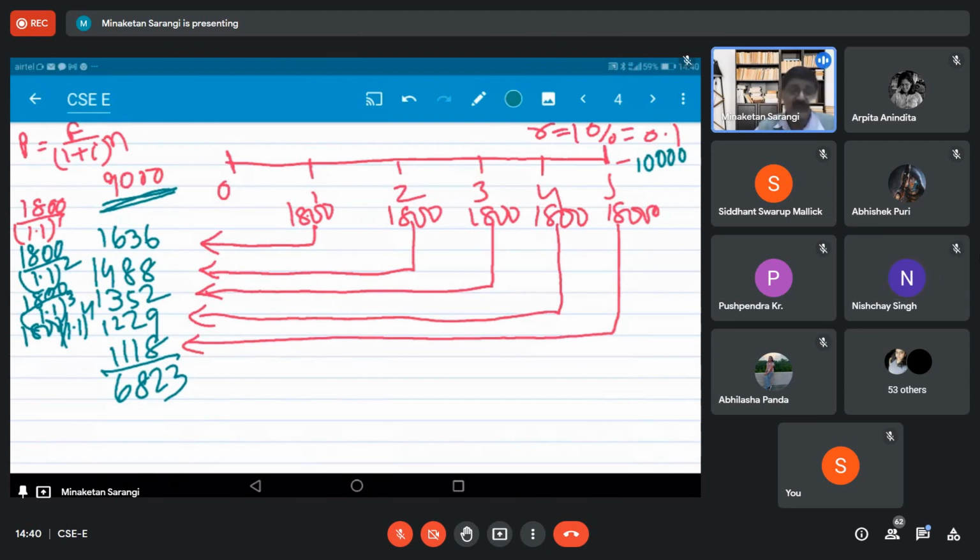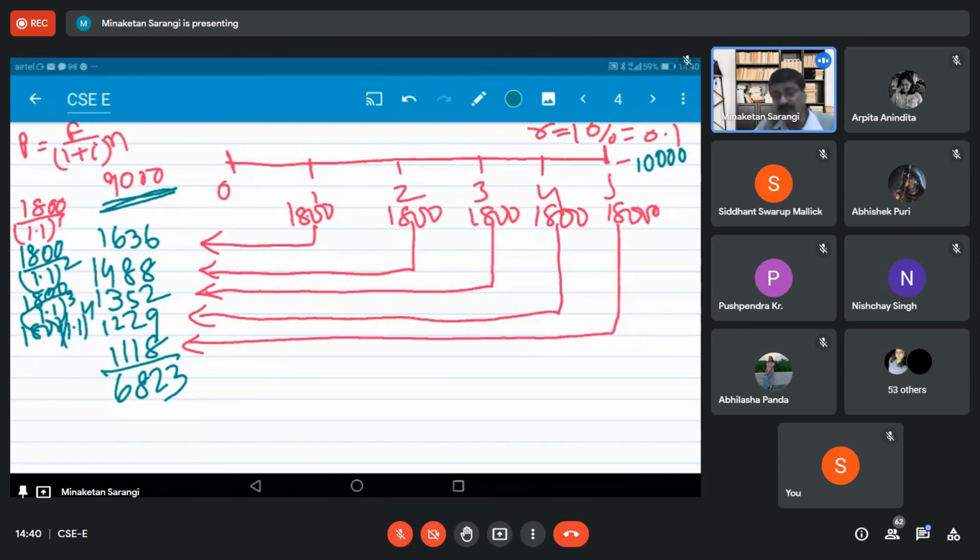Why 1,800? Because we have to pay less. If we have to pay 1,800 per year over a period of 5 years in comparison to 9,000 lump sum, a fixed amount. In this example